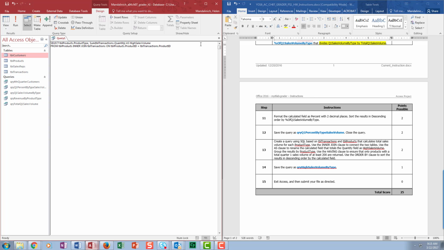We're going to group by, and I get that because we group the results by product type. Group by table products product type. And it's just a good idea to always indicate the table that you're pulling it from, because here product ID is in two tables, so you have to designate. It's a good habit to get into, to always indicate what table you're pulling the field from. So we're grouping on product type, which is found in the table products,